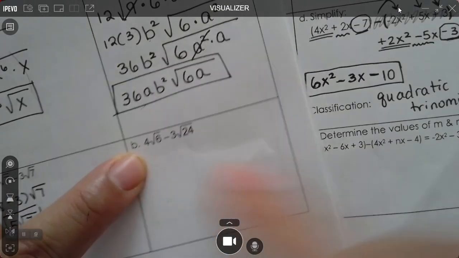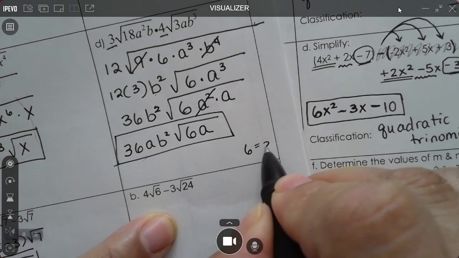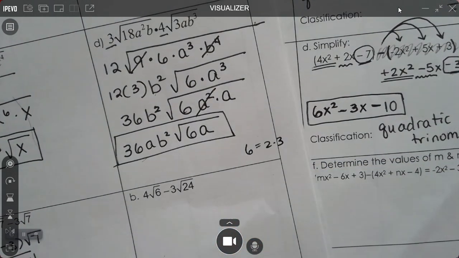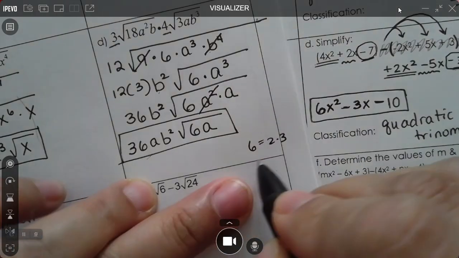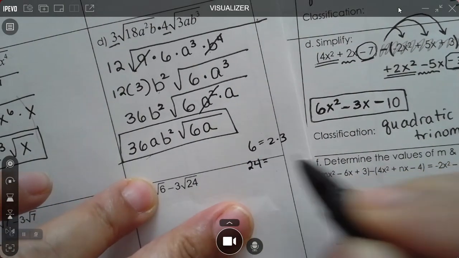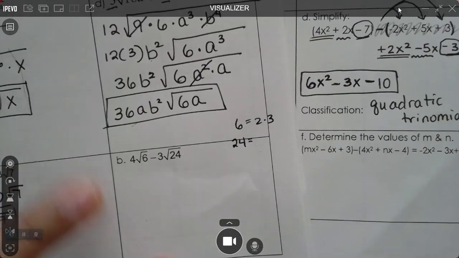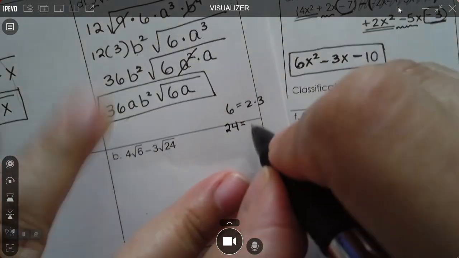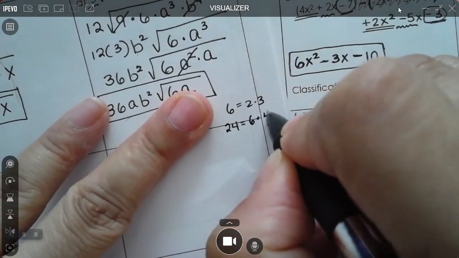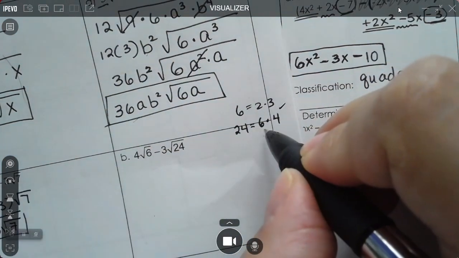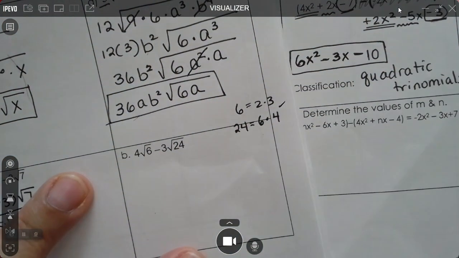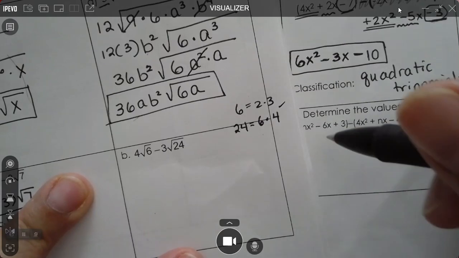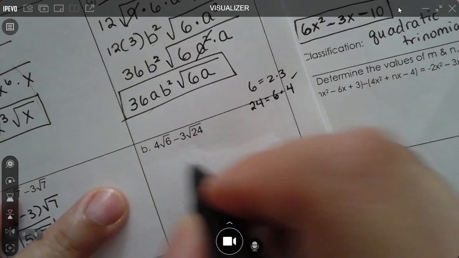Now, radical 6, 6 is just 2 times 3, and we can't break it down anymore, right? So there's no way to simplify 6. But 24, can we simplify 24? 6 times 4, and then 4 is a perfect square, which is 2 times 3. So we can't do anything with the 6, right? But we can reduce it to the 4. So